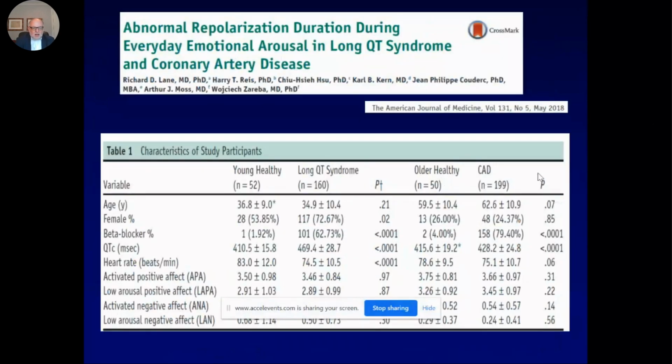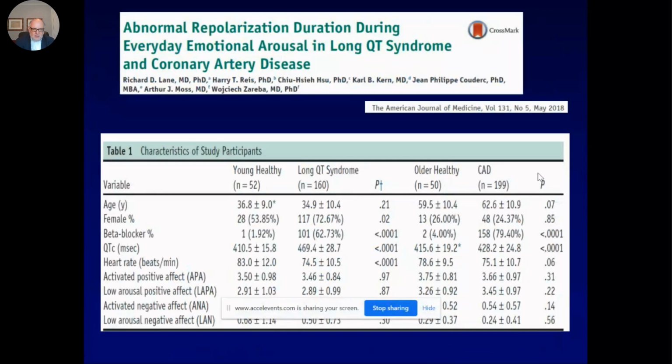We had a large NIH grant together with Dr. Richard Lane, a psychiatrist from the University of Arizona, and several co-workers to focus on daily emotion in long QT syndrome and also coronary disease comparison, but mostly long QT syndrome, looking at to what extent daily changes in reactions and emotions will